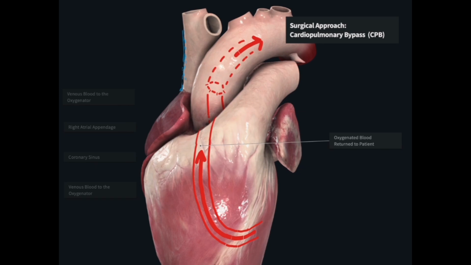To recap, the key steps in preparation for cardiopulmonary bypass are systemic anticoagulation, antifibrinolytic administration,